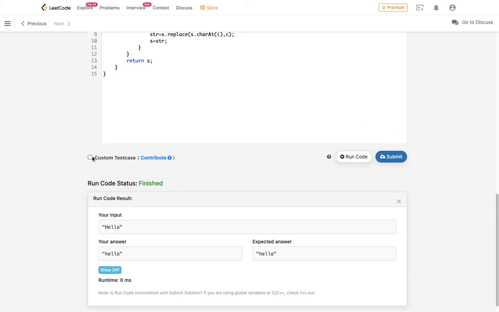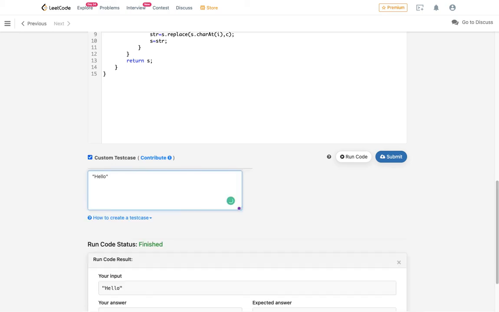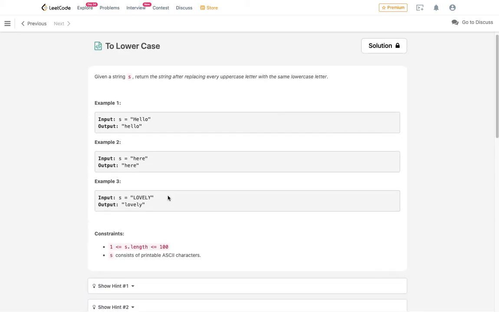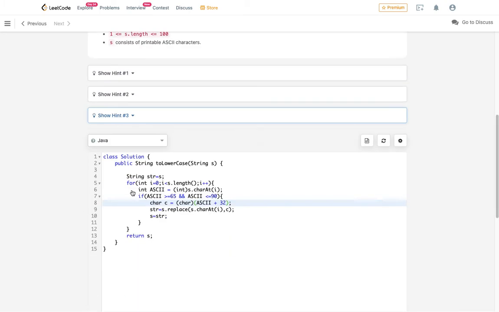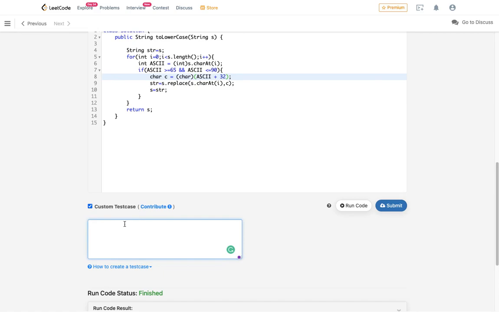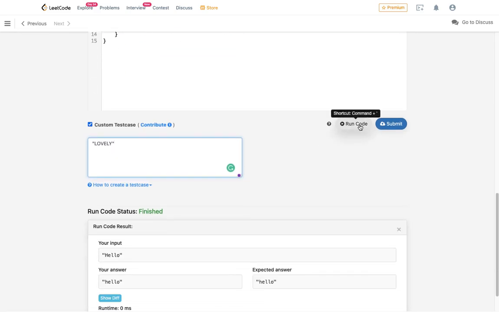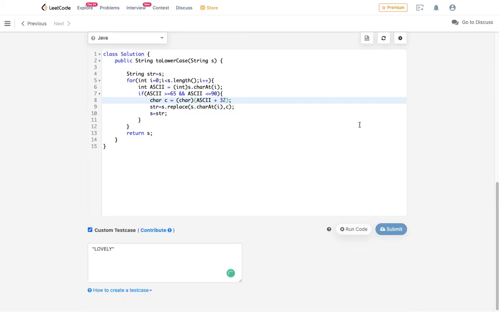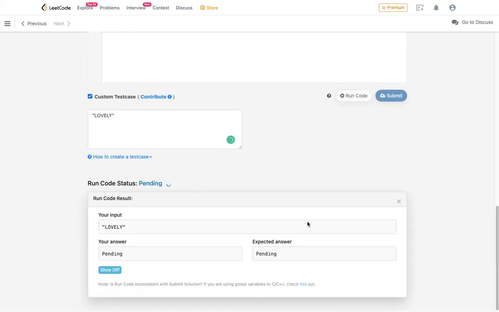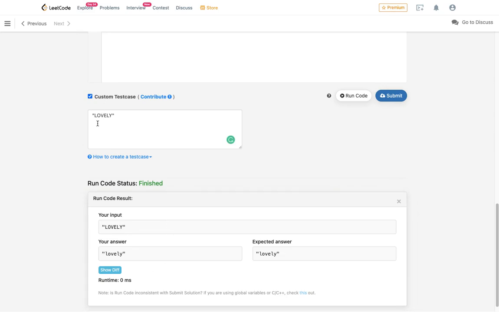Let's run for custom test cases, so that we can be sure how it works. Above there's a string called Lovely. Let's convert this. Make sure to run your problem with every test case, right? So that means you will be sure whether your code is working or not. Yeah, so the Lovely is converted to lowercase lovely.